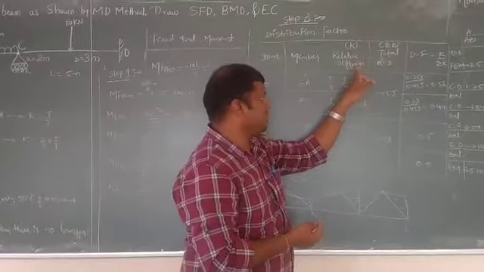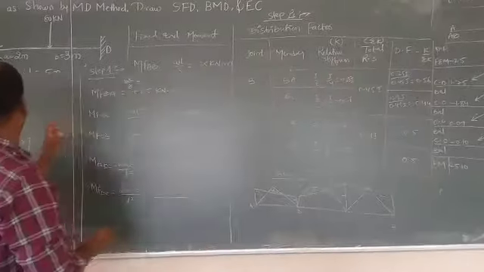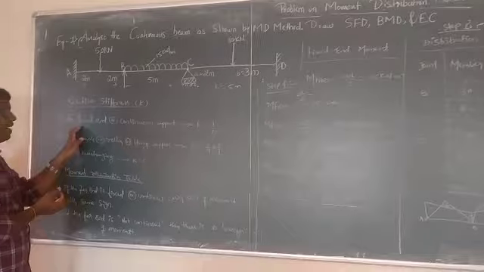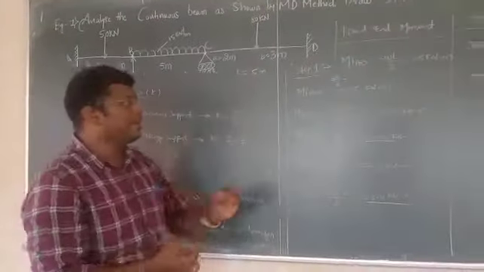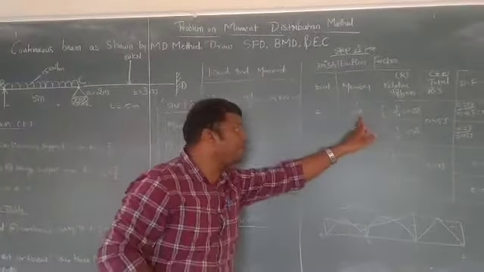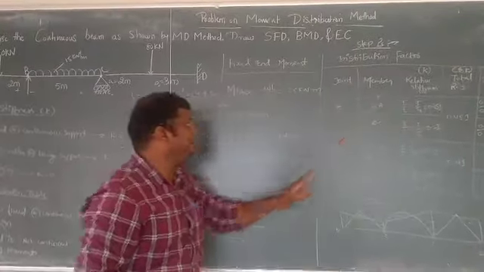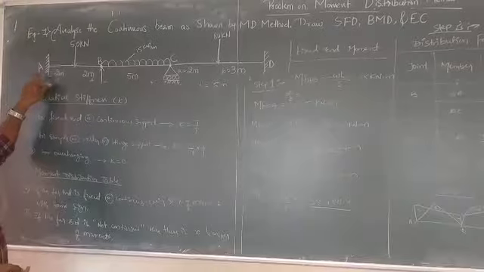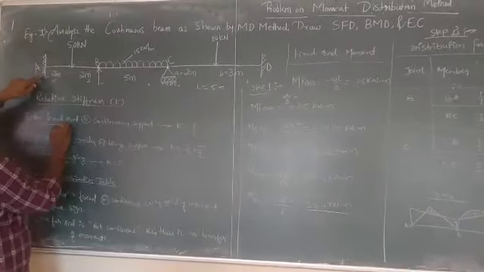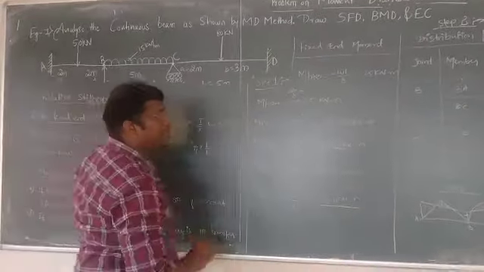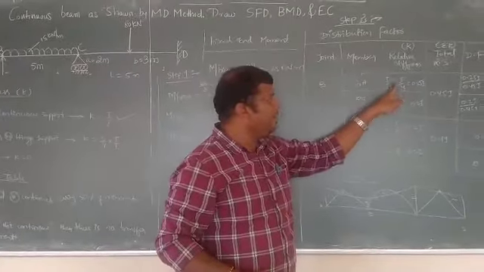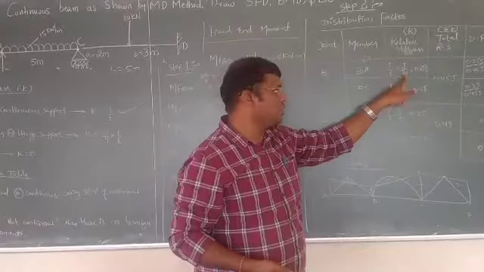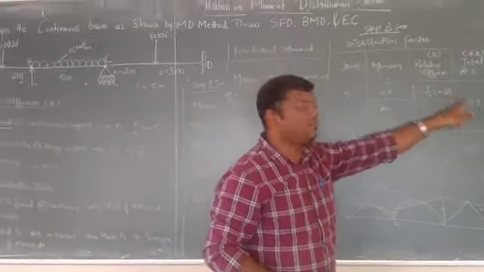Now coming to relative stiffness. As I told in the beginning of the class, to find the relative stiffness we have certain formulas. When the far end is fixed, look at here, BA: I am moving from B to A, where A is the far end, and it is fixed. When it is fixed, the formula is I by L. I don't know the value of I, divided by L, which is known, 4. I by 4 is 0.25 times I.